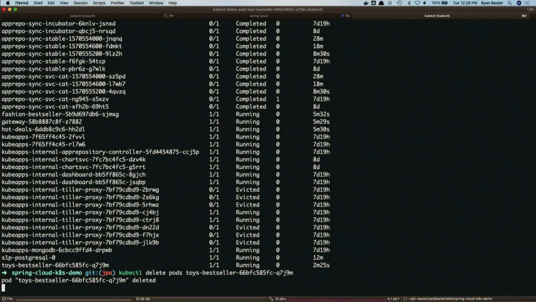And while this pod is about to be terminated, a new pod instance will be started. And this time, this pod will be connected to my database. So just cross fingers, everything should be okay.